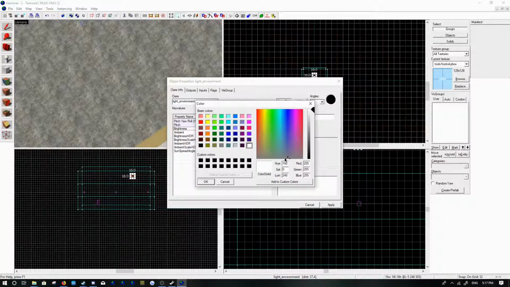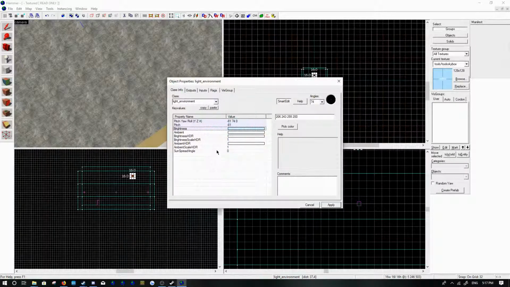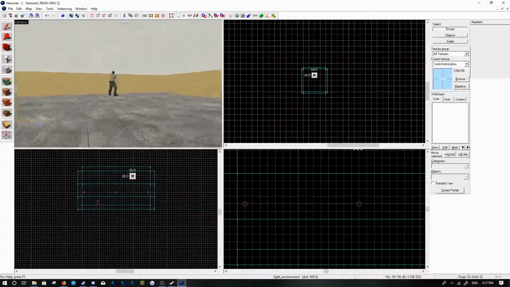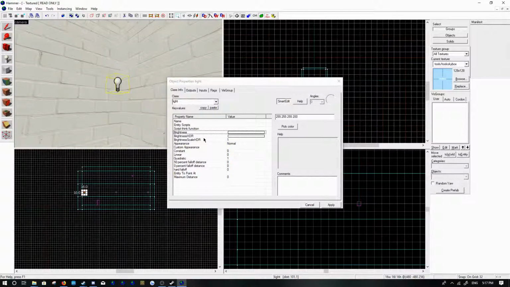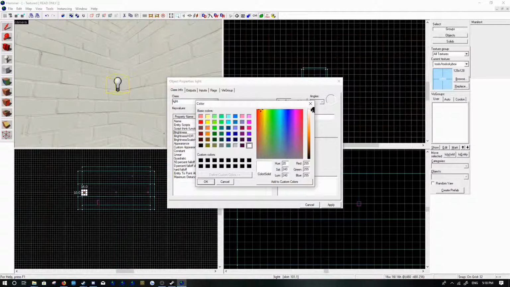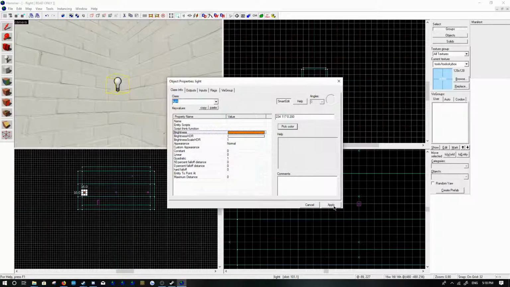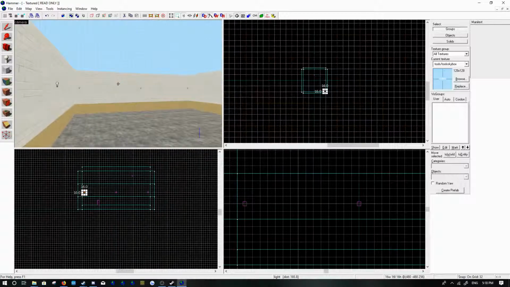Then I usually just add a slight bluish tint. Okay, so this one changes the color. This one changes the colors of the light. This one changes the shadow colors, and then this one I don't know, and I don't know this one either. I don't know everything. I'm not a master. It's the same thing with this, but there's no ambient and the other one. So you can change the color to an orange if you really want, or you can change it to a